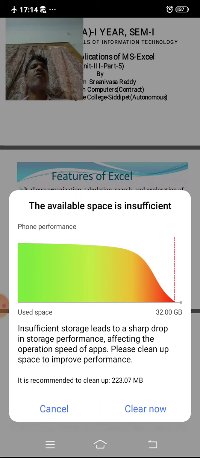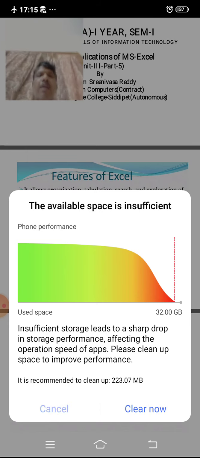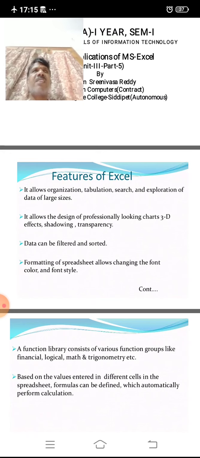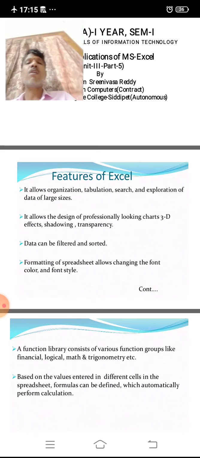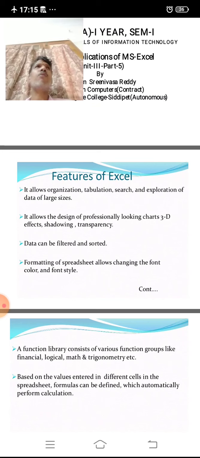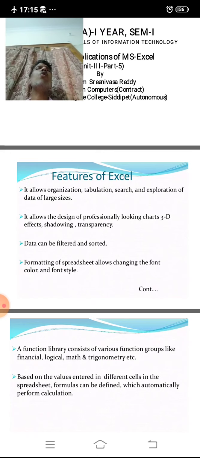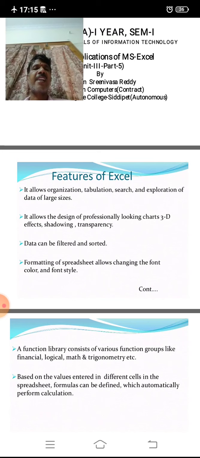After the Z again it will start AA, AB, AC up to AZ. Then again BA, BB, BC, BD, BZ like that. Similarly, the rows can be represented with numbers such as 1, 2, 3, 4, 5, 6, 7 up to 65,536. But new versions may add more columns or more records which are available to the user to create data.